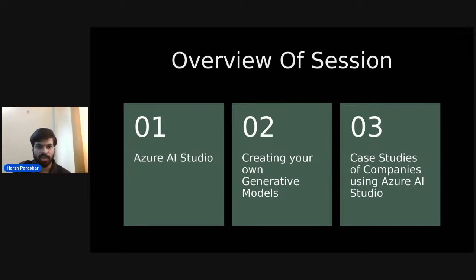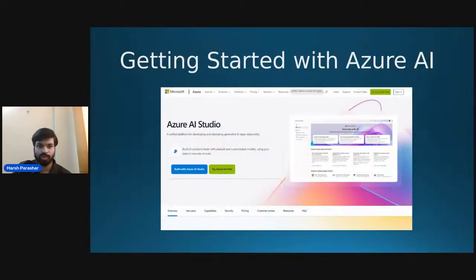So let's begin with our first topic, Azure AI Studio. Firstly, we'll get ahead with Azure AI Studio. You can go to the Azure AI Studio site, where you can see multiple options. The first step is to begin by creating your account, like creating your login. And most of you, I hope, already have a Microsoft account as it is our day-to-day life tool. So that will be applicable here, and you can make your own Azure AI Studio account, which will be activated with your Microsoft account only.